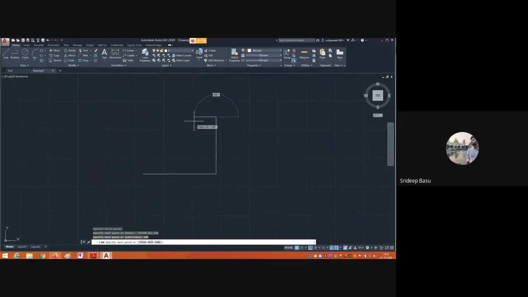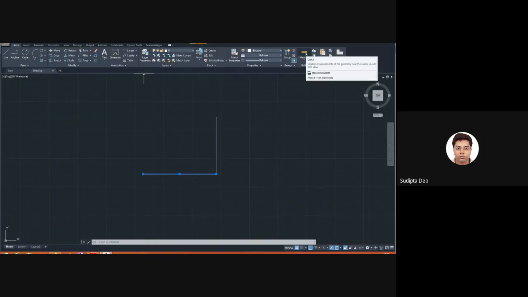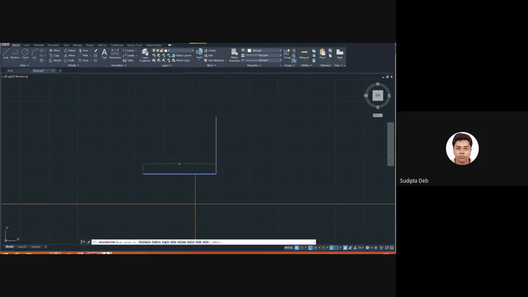Sir, once again, you drew the vertical line from the middle of the 128 millimeter line, so the line is not 128 now. It's half. No, it is not half. This line is 128. I can check it from here. If you go to the annotation bar, either give a dimension, or you have measure. You click on this section. If you come here, it is showing that this is 128 and this is 100. Okay, sir. Thank you.